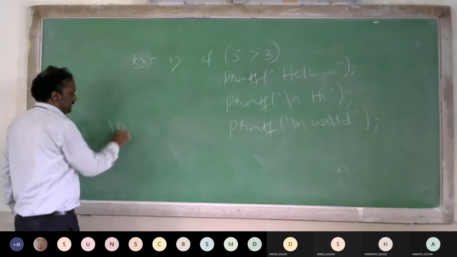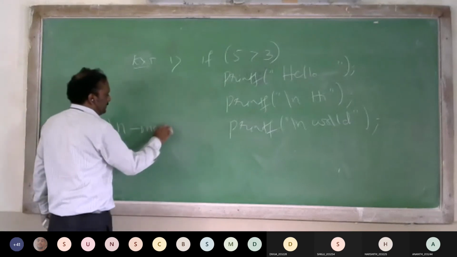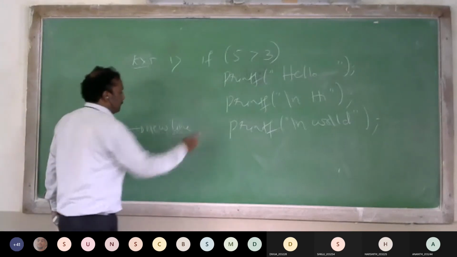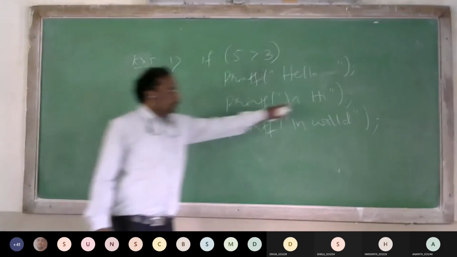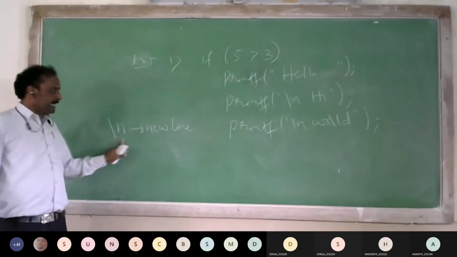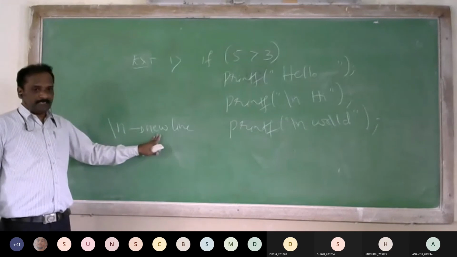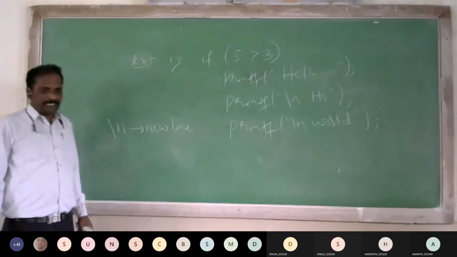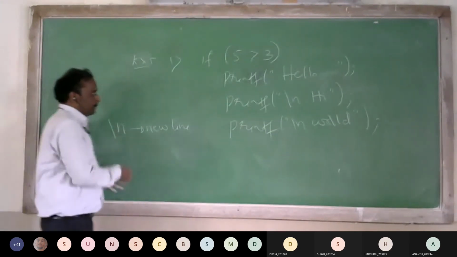Here I am using \n. \n is nothing but new line. That means this output will be printed in the next line. This \n we use for new line, printing the information in the next line. That is the meaning of \n.